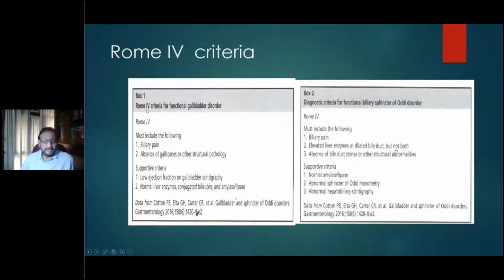Okay, so the Rome 4 criteria for functional gallbladder disorders. The inclusion, which is a must: number one, the patient should be having biliary pain, and at the same time, the absence of gallstones or other structural pathology. And supportive criteria would include